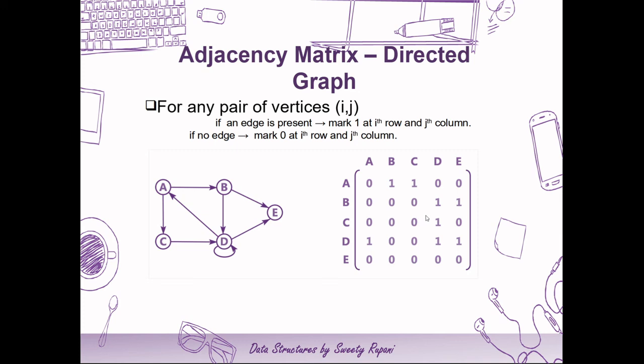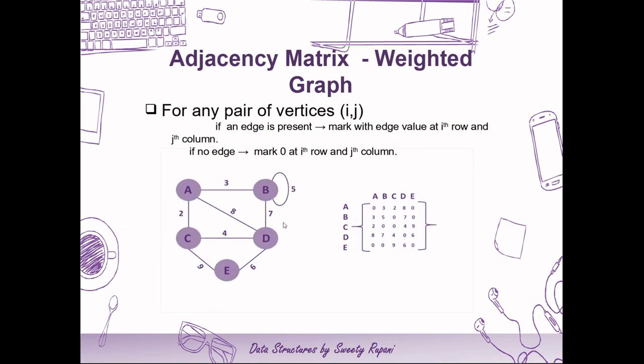So this is for a directed graph, when directions are present in an edge. For any directed graph, if I want to mark the vertices, again I'll follow the same rule. I'll make a matrix of the size of the number of vertices I have. Say here I have 5 vertices, so I'll make a matrix of 5 by 5. Whenever I have a connection, I'll mark it from A to B as 1. You can see A to B is marked as 1 while there is no edge moving from B to A, so B to A would be marked as 0. The first vertex of the edge is your row and the second is your column.